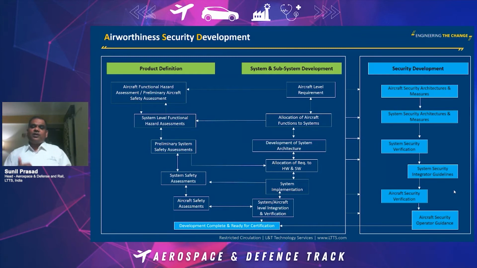But one security specific validation and verification which will be required here is the vulnerability testing, vulnerability validation. So based on your risk assessment, you have all the vulnerabilities. Now, I would say an ethical hacker, you will have to look at breaking the system, doing the vulnerability testing, right? And then you will have to document that as evidence. So that is an extra additional element that is required to be done.